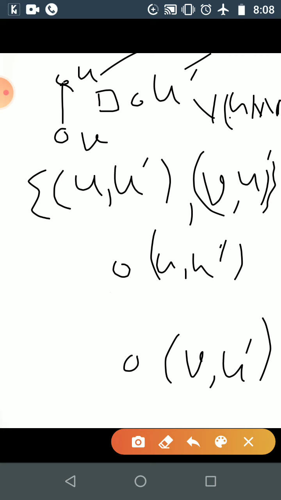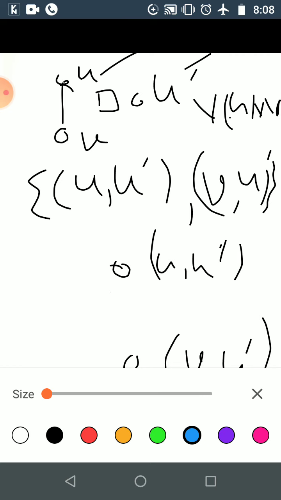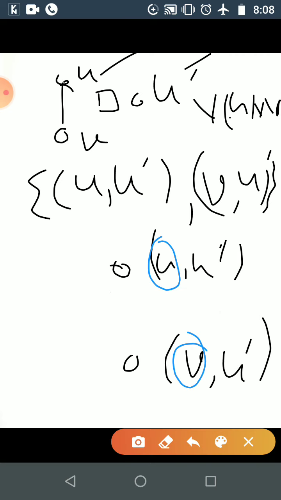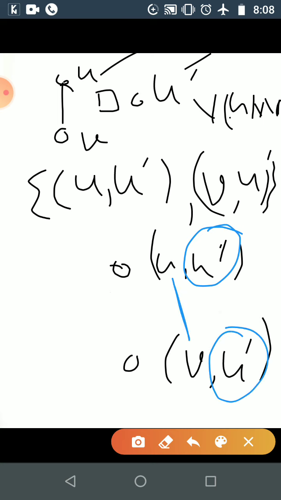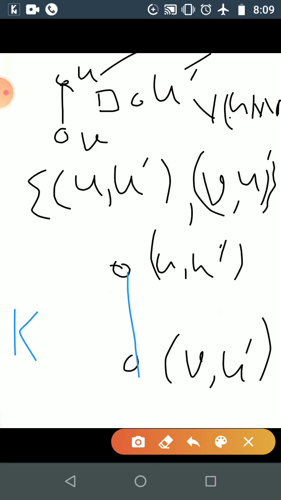Now whenever the edge will be defined, if either these are same, that is the first vertex is same. So the first vertex is not same in this one, so we will go for the second one. If the second vertex is same, so here the second vertex is same and the first is forming an edge. So the first is forming an edge in G and the second vertex is same, correct? So here these vertices will be adjacent. So again this is K2 Cartesian product with K1 is coming as K2 only, okay?